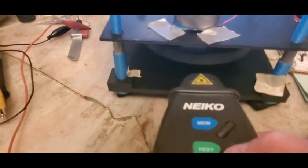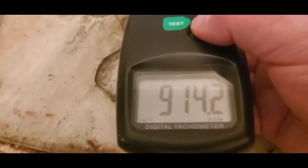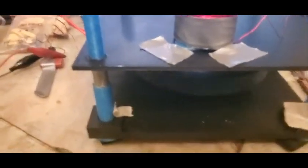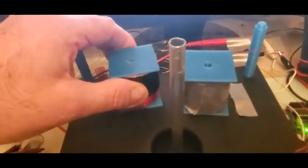And we're running at 5 volts, and we'll call it 914, and I'll see what the amp draw is. I'll throw it in the spreadsheet. So now we have these 2 coils here, this one and this one. We're going to run this with these as air cores first,